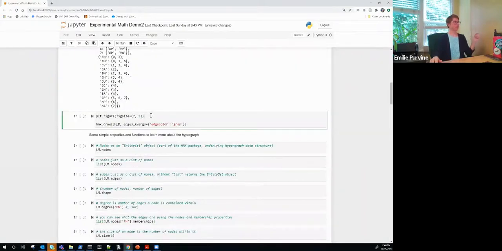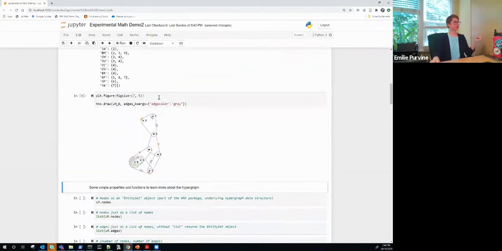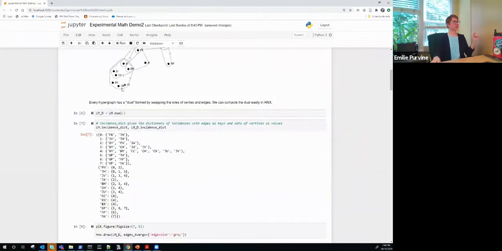And then you can visualize, of course, the dual. Let's see if I can get a better one. Yeah, that's sort of better. And you can see that there are these what appear to be duplicate edges in here, and they're going to correspond to vertices that play the same role in the original hypergraph.